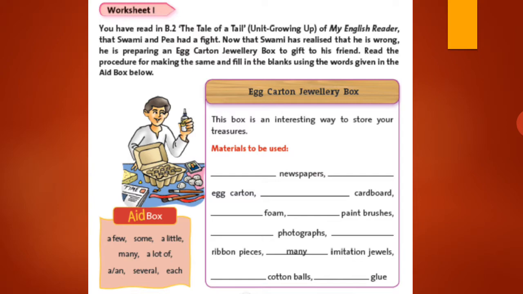Dash newspapers. What can be used? Yes, a few newspapers, then an egg carton. Now, an, why an? Because egg is there. E, a vowel sound is coming, that is why an egg carton, then a cardboard, then a little